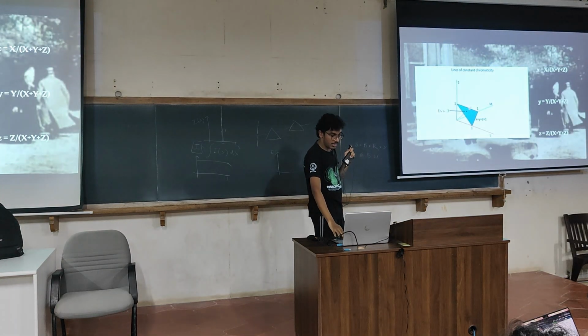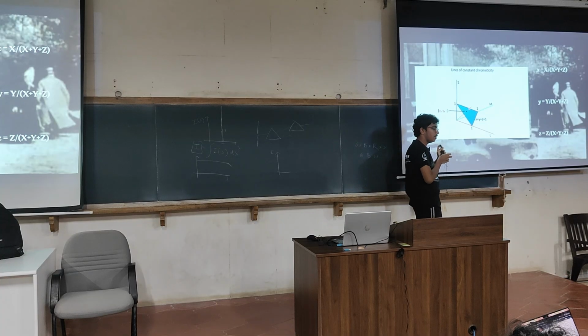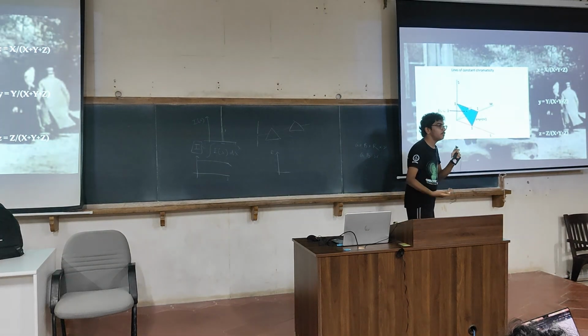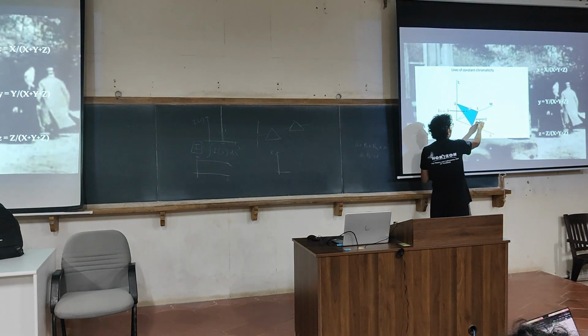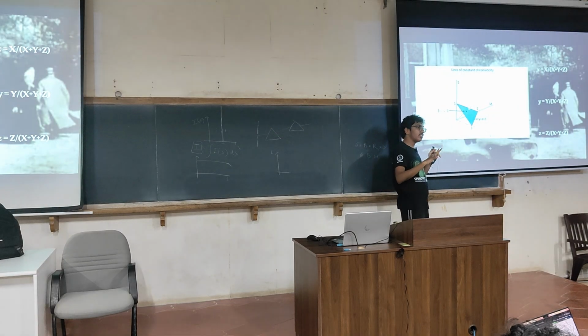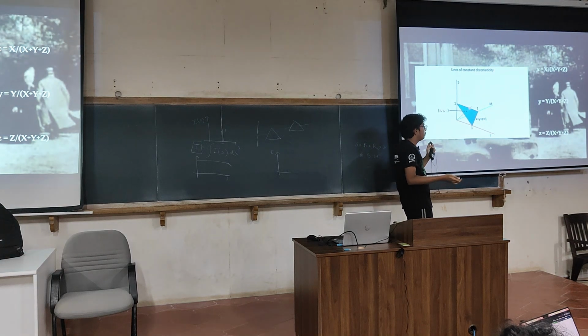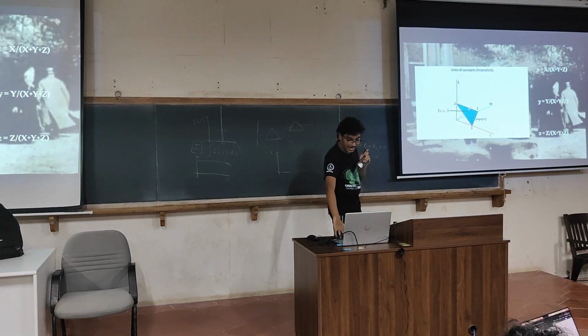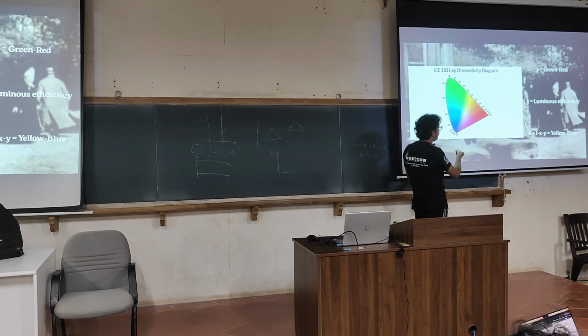Now what I am going to do is take the CIE XYZ space and remove luminance from the equation. How am I going to do that? I am going to project the entire space onto the plane x plus y plus z equal to 1. When I do that, out of 3 coordinates, 1 coordinate is removed, and that coordinate comes out to be luminance. So when I do that, what I get is this, the chromaticity diagram.